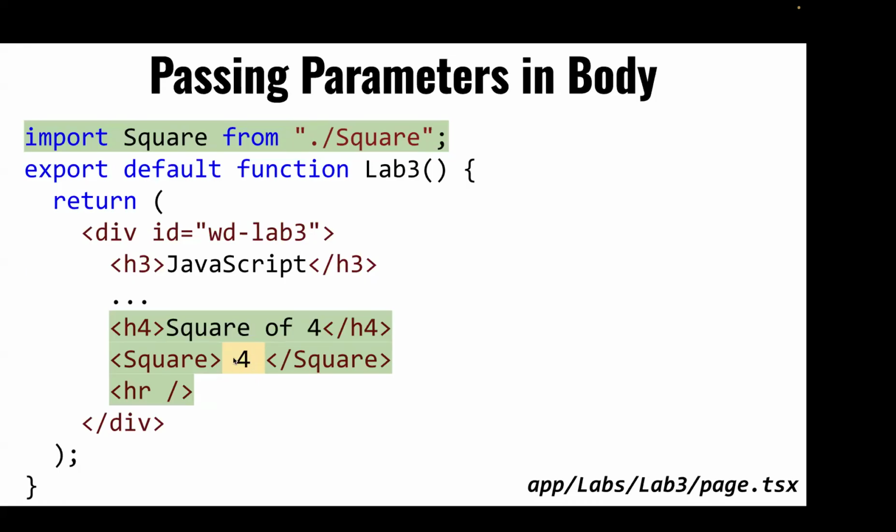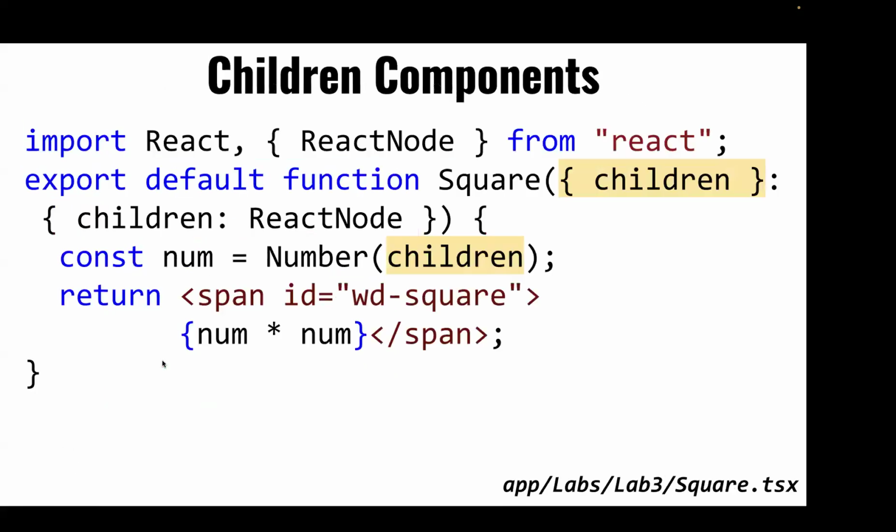This is going to be passed as a single child, in an array of children, to the square function, and the way it receives it is through this object that has a property called children. It has to be literally called children. It has a special name, almost like a keyword. And what this does is it captures all the nodes or a single node. It grabs all the content in the body of the square,